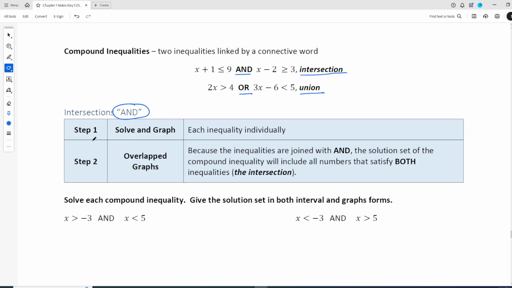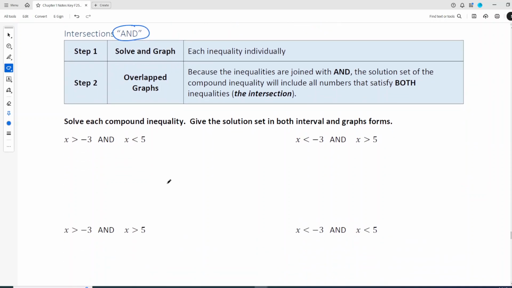To solve these, your first step will be to solve and graph each inequality individually. I do them both on the same number line, but I do them each individually. And then we'll look at how to solve them. So, step number 1. In this first question, we need to graph x > -3 and x